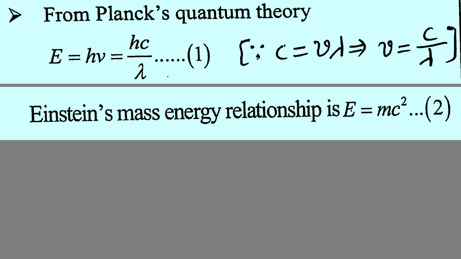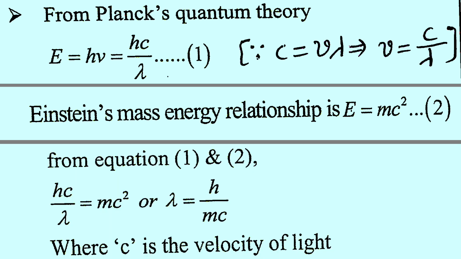Now from Einstein's mass energy relationship, E is equal to mc square. Let me say this is equation number 2. From equations 1 and 2, both are energies. That is also energy, this is also energy. Now let me equate these two energies. Then we get hc by lambda is equal to mc square. If you cancel the both c's, then we get lambda is equal to h by mc, where c is